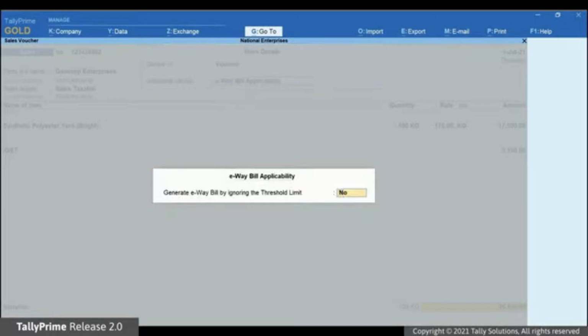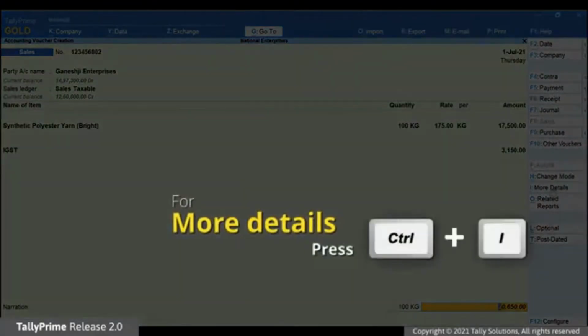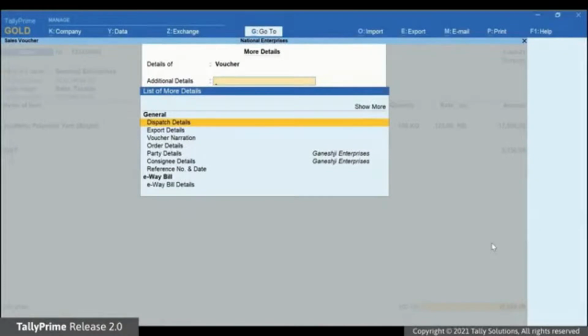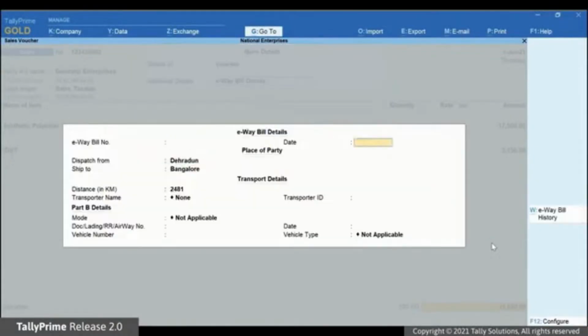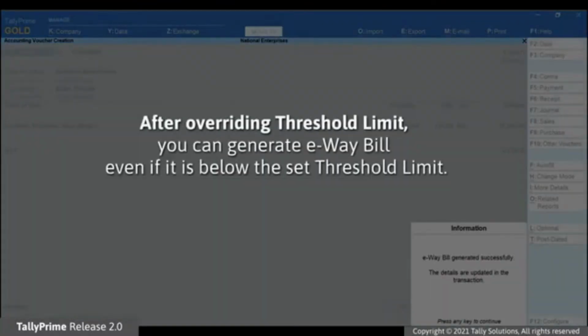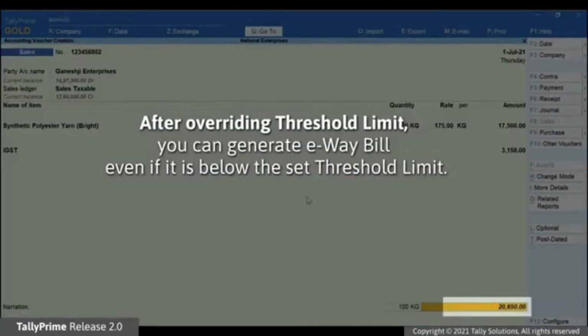Now, set Generate e-way bill by ignoring the threshold limit to Yes. Press Ctrl I again. Go to e-way bill details and press Enter. Thereafter, you can enter the details and generate e-way bill for the transaction. You can generate e-way bill even if it is below the threshold limit of Rs 50,000.